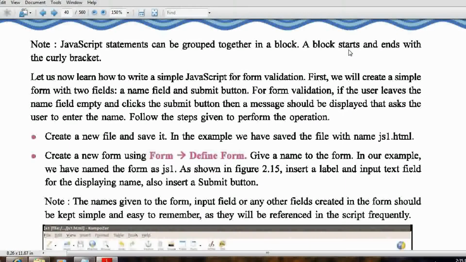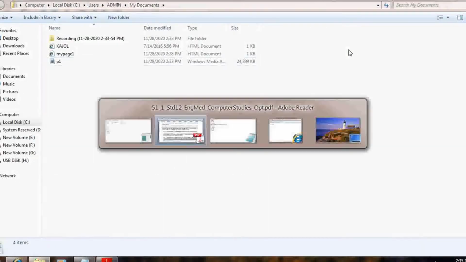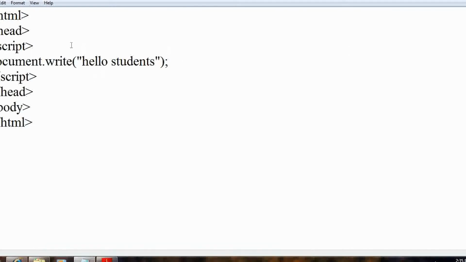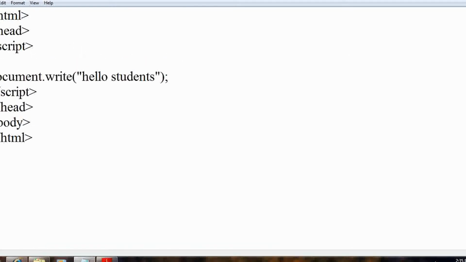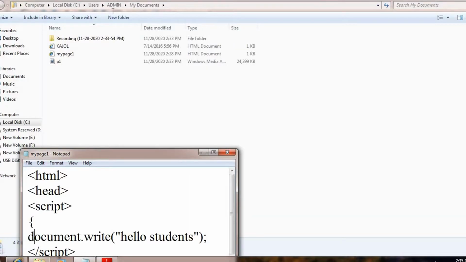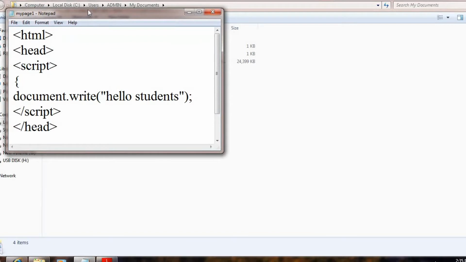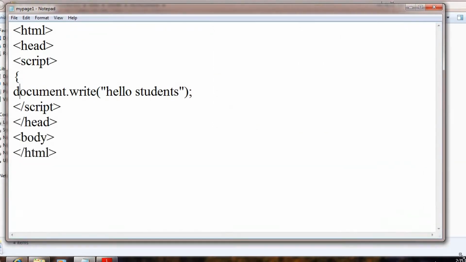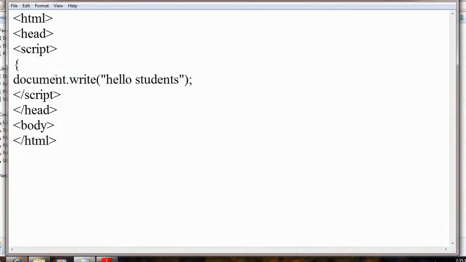So in the script, if I use curly brackets like this, the sentences inside are known as inside the block.